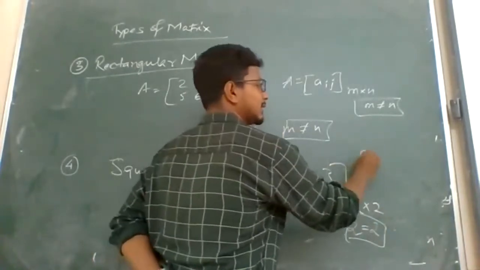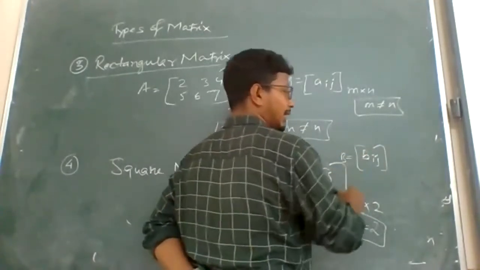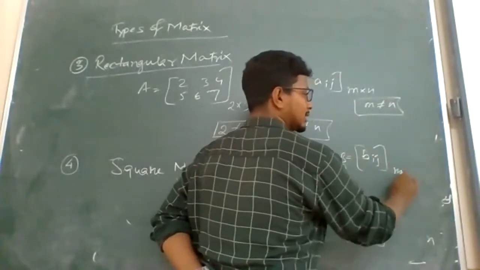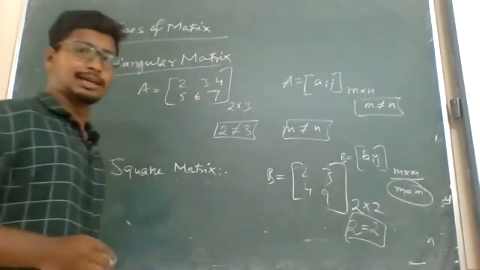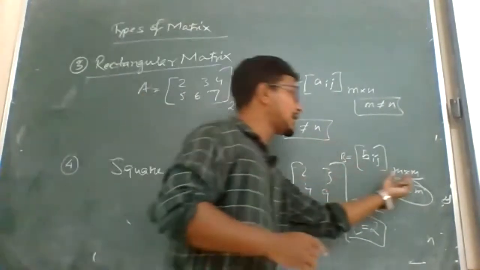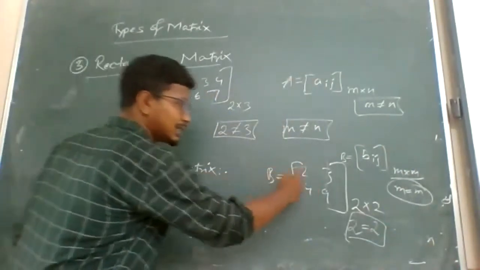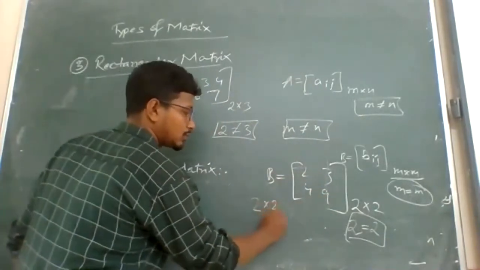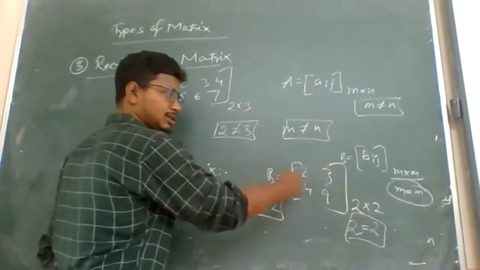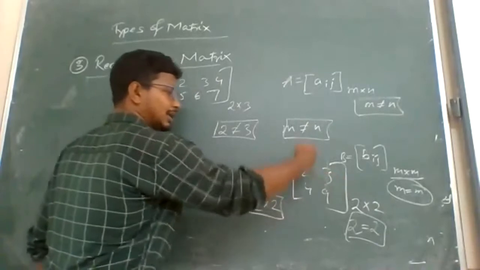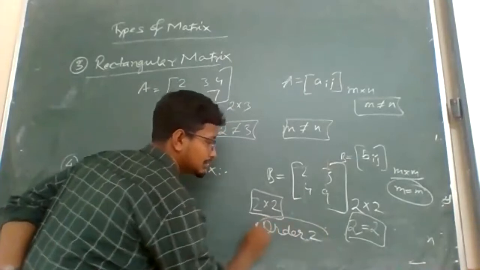The matrix having the elements where the order is m by m. The order is similar. And for square matrix, we are not going to write m by m. We will say B is a square matrix in spite of writing 2 by 2. B is a square matrix because here number of rows and number of columns are equal. So B is a square matrix of order 2. Just we will write that.